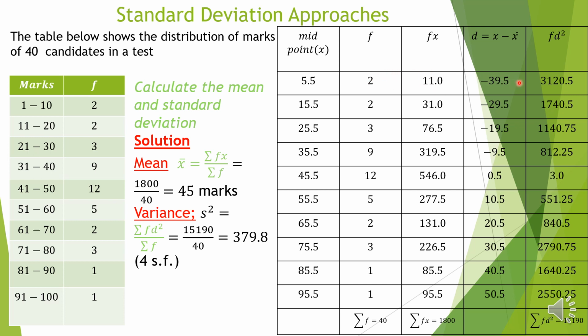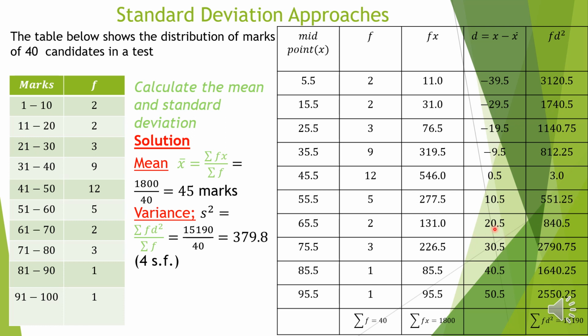So by squaring 39.5 times 2, we are getting 3120.5, and you proceed the same downwards: square this multiplied by 2, getting 1740.5, squaring 19.5 times 3, getting 1140.75, squaring negative 9.5 times 9, getting 812.5, squaring 0.5 multiplying by 12, getting 3, squaring 10.5 multiplying by 5, getting